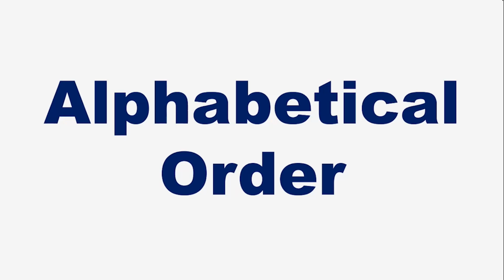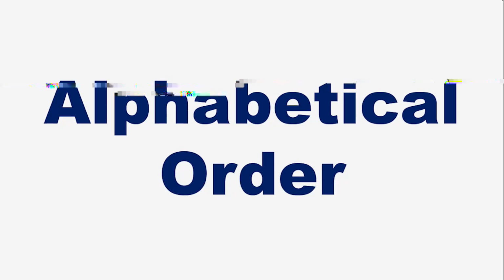So today in this video, as you can see, it's written alphabetical order. We're going to learn about alphabetical order. Let me give you a short glimpse as to what exactly we're going to learn. In alphabetical order there are two rules, so we're going to learn about the two rules of alphabetical order. Then towards the end of the video, I'm going to give you a nice bonus tip along with one interesting activity. So see to it that you watch the video till the end.